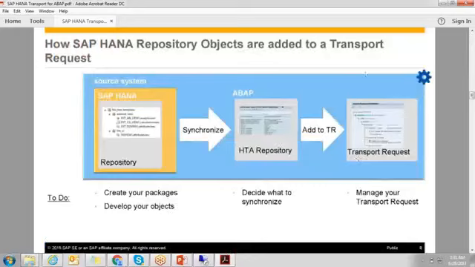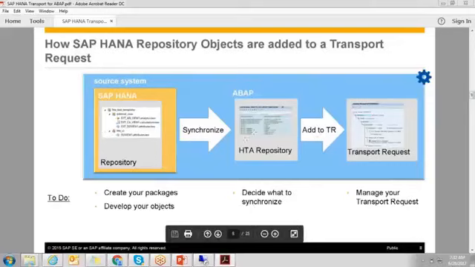So repository. See, we will create objects. The HANA transport repository will be added to the HANA transport container. I already showed you, right?